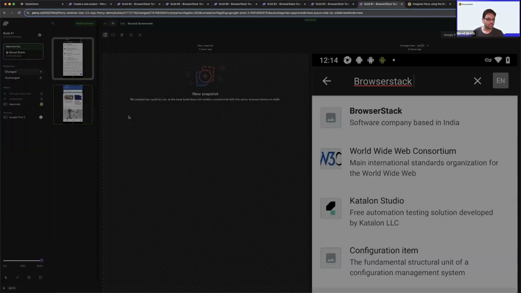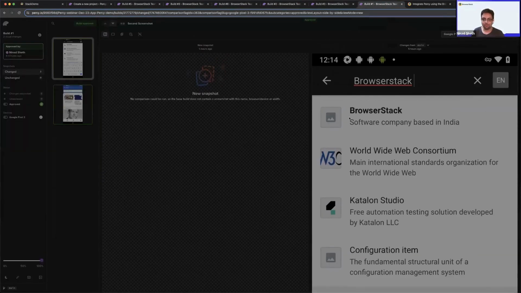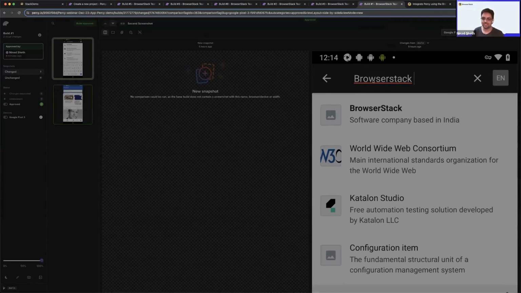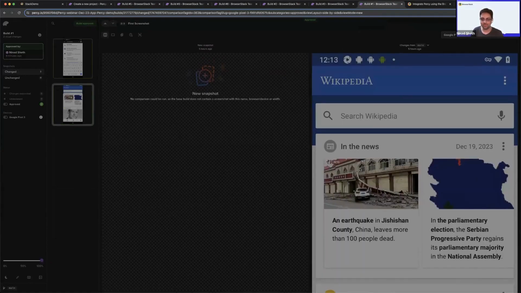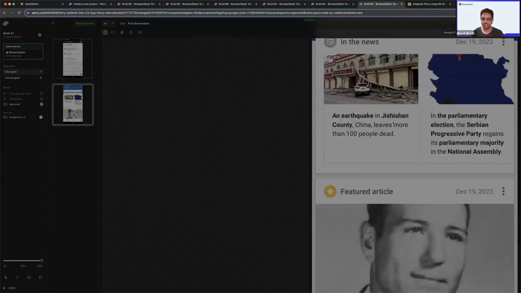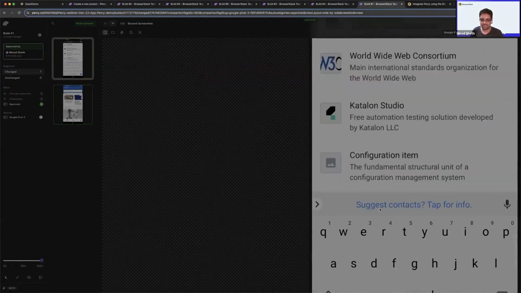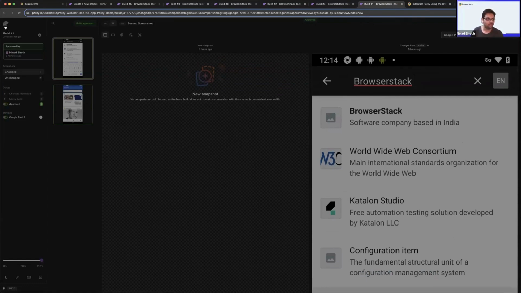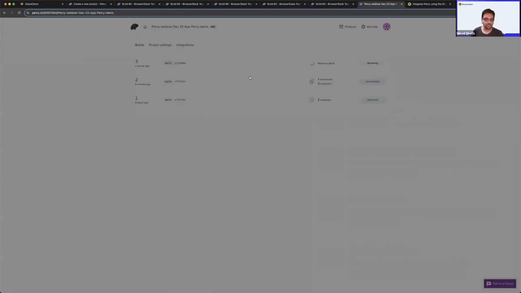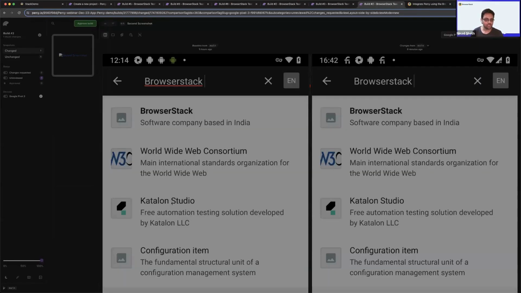Right. So, for example, we are using a demo app here. It's a demo Wikipedia app where we search something. This is the homepage, that's the first thing that we take, the first screenshot. And then we search something in it and we see some search results, and you can see the keyboard and stuff here. Now, while this build is still running,